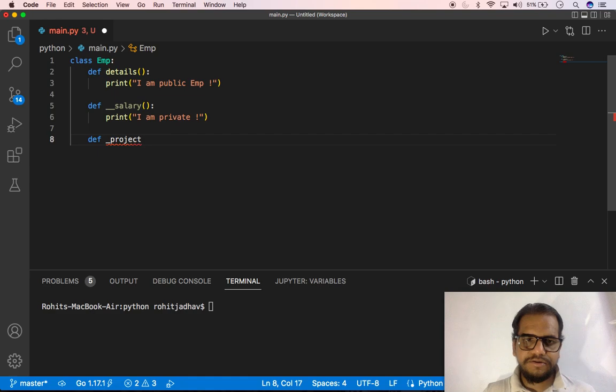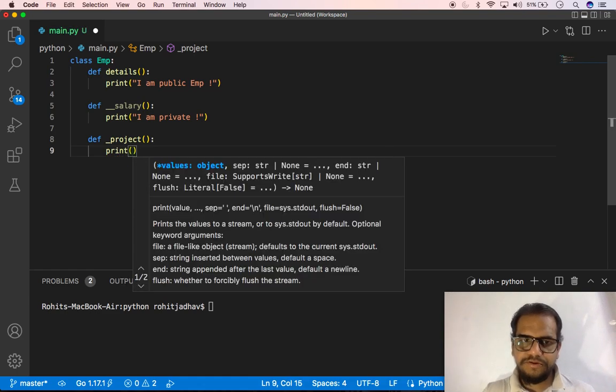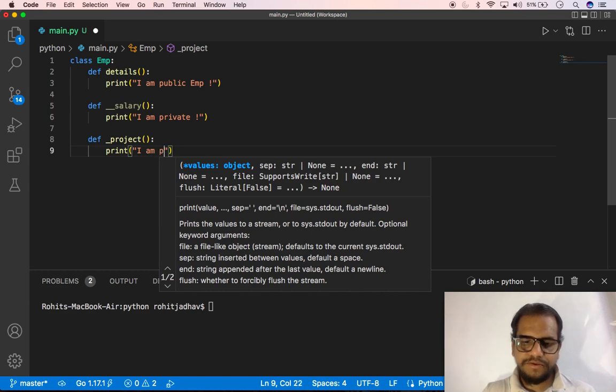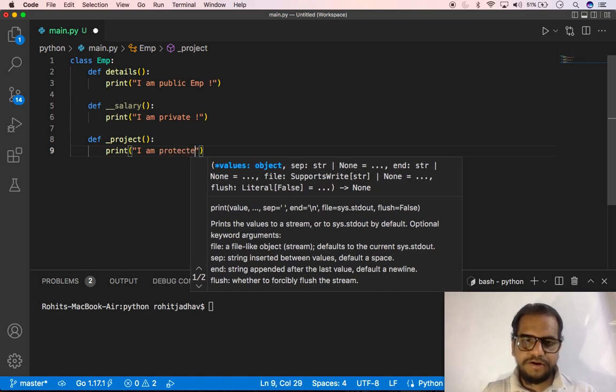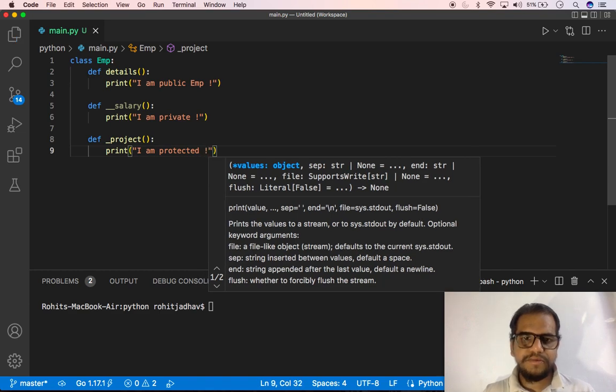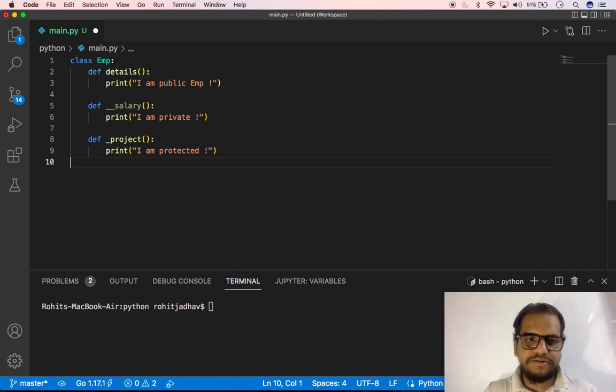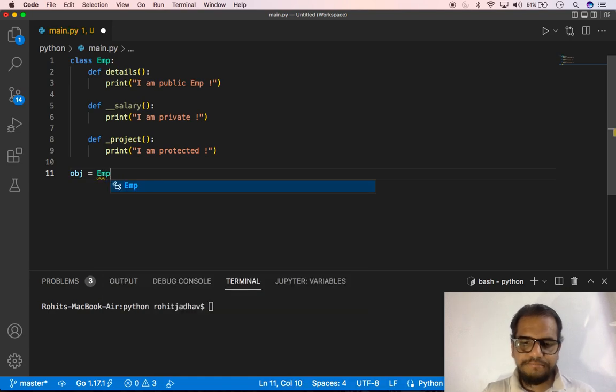In this case, print and type here I am protected, simply. And we just check: create the instance or object, obj is equal to Emp, simply, and we can call